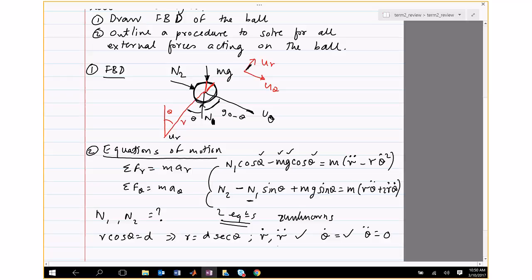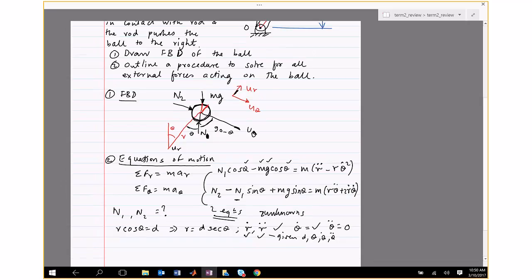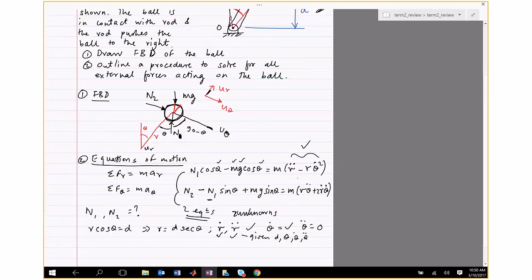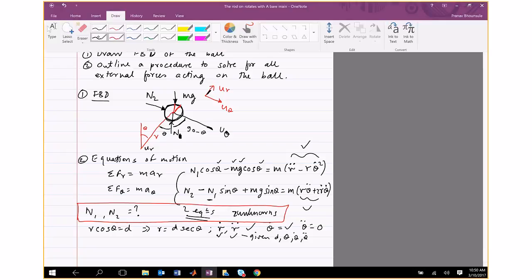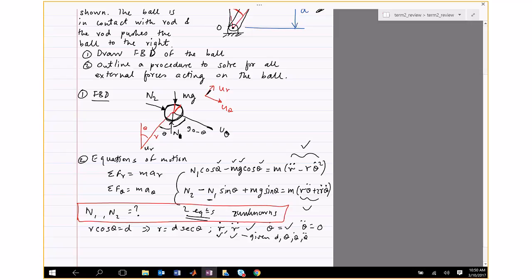So I could solve for r dot given D and theta dot and theta double dot. So in effect, what I've effectively shown is that I can solve for all these unknowns. So what I'm left with is two equations, two unknowns, and I can solve it. Okay, so there are 4 more problems in this. I'm going to post solutions to